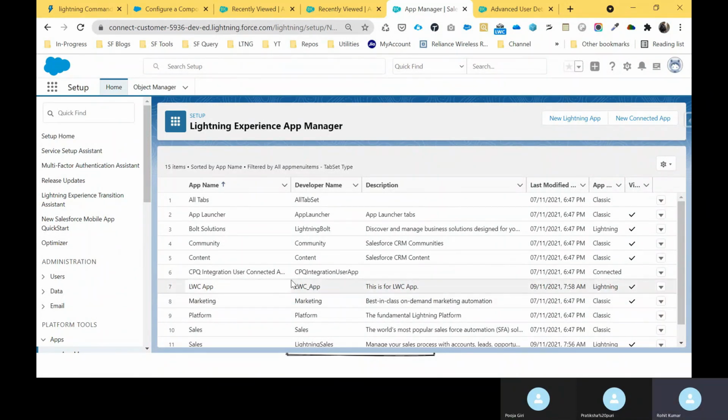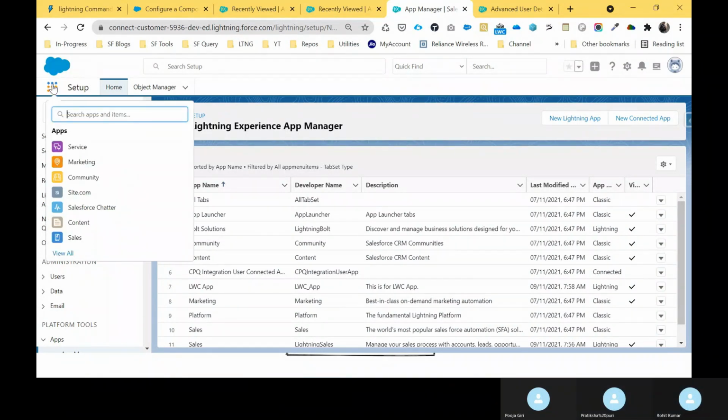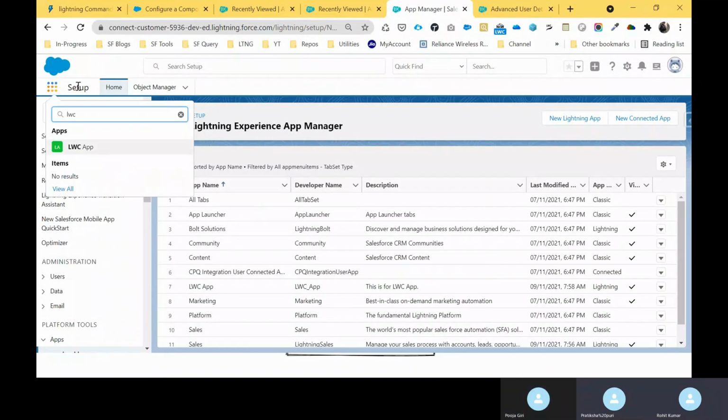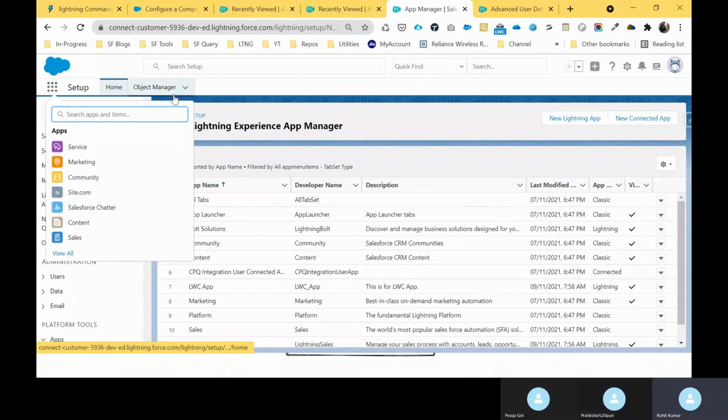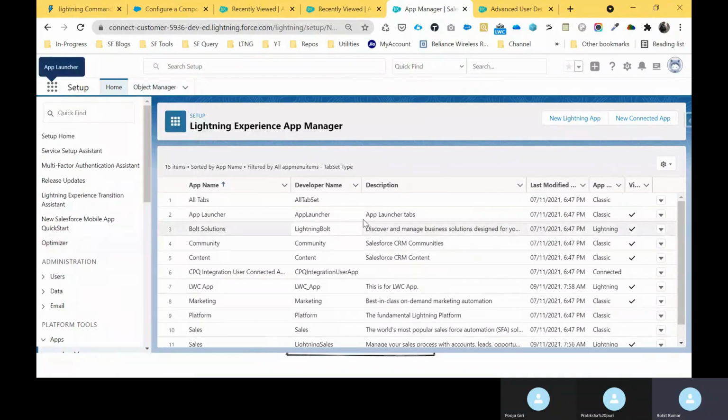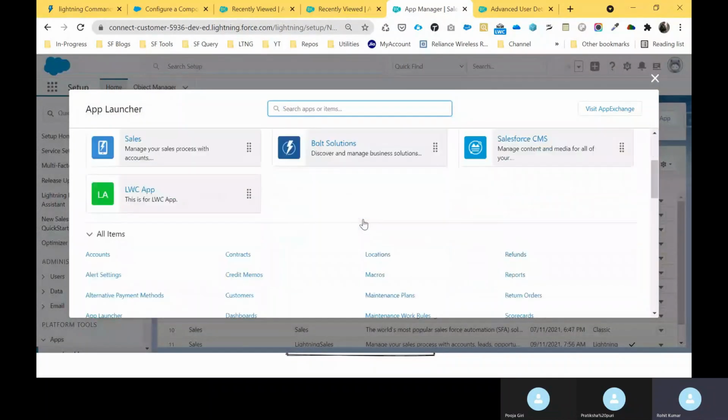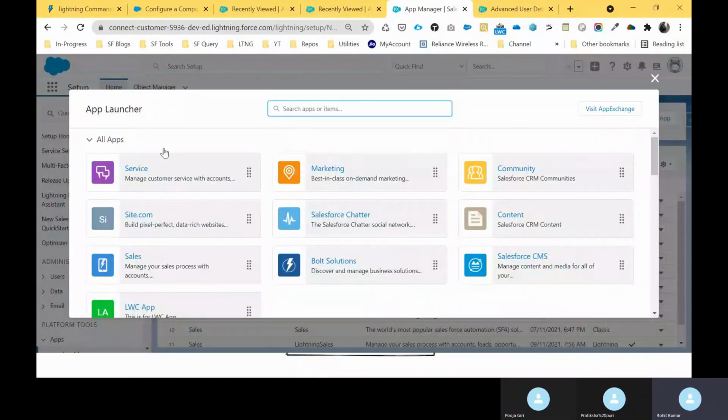So we already created this application. How to open this application, Pratiksha and Pooja? From App Launcher. Then search LWC app. Yeah, this is one way, or you can first go to View All, and you can see all the applications in your org, like Service, Marketing, Communities, and all the things, right?